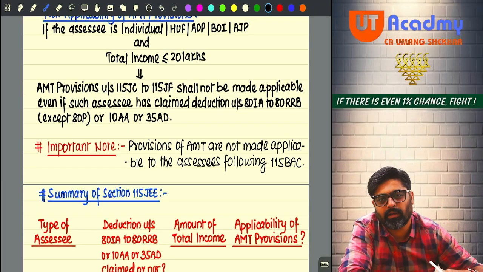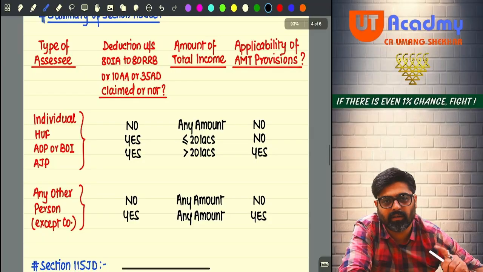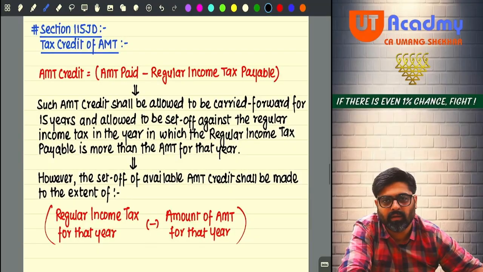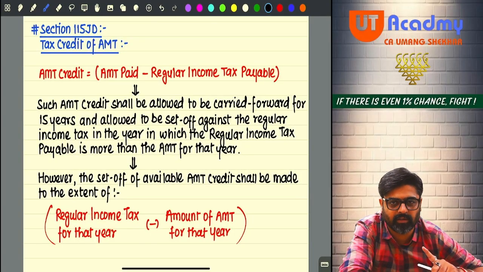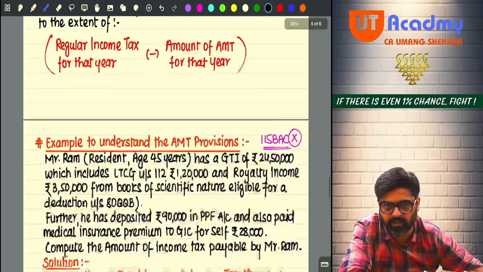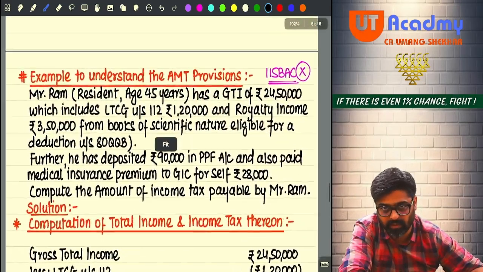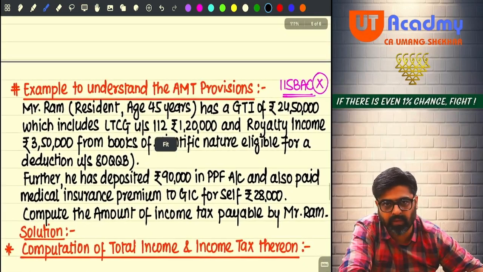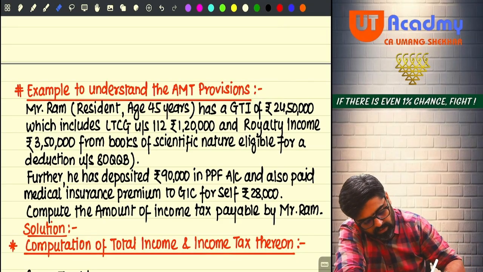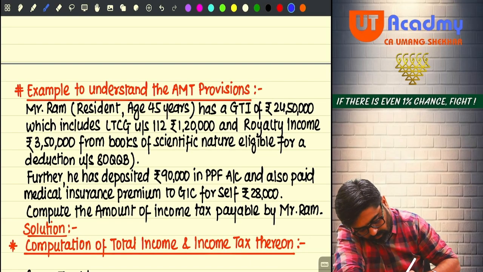Okay. Now see, the same thing I have done with you, this entire summary. Right now I just explained this tax credit of AMT, how the tax credit will be formed, how it will be allowed. This entire provision I have explained. Now coming to this example. In this example, we have to assume that the assessee is not following 115BAC. So the assumption which we are supposed to take in this question,